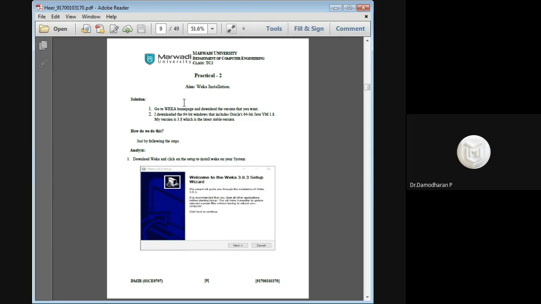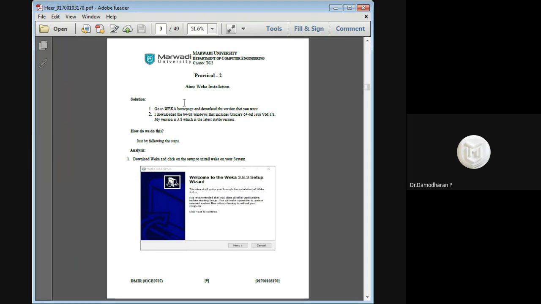Now I will explain what Weka is, how to work with Weka with an example, how to create the database and data set, and how to pre-process the data set. In the next lecture, you want to work this out with Weka and share the screen. Then only will you get the attendance. I am clearly informing you, in this lecture I am not expecting any execution from your side. From the next lecture onwards, I will expect each and everybody to execute and share your screen for the attendance.